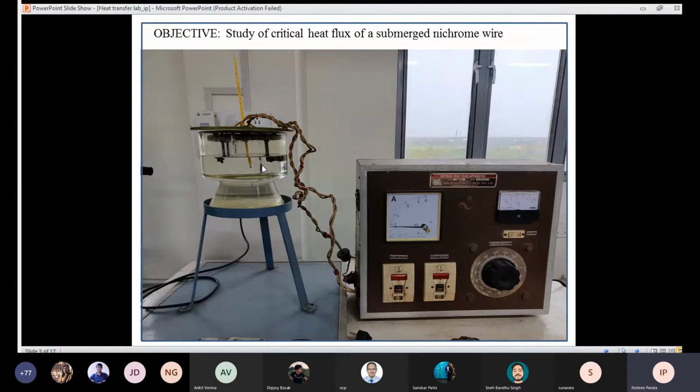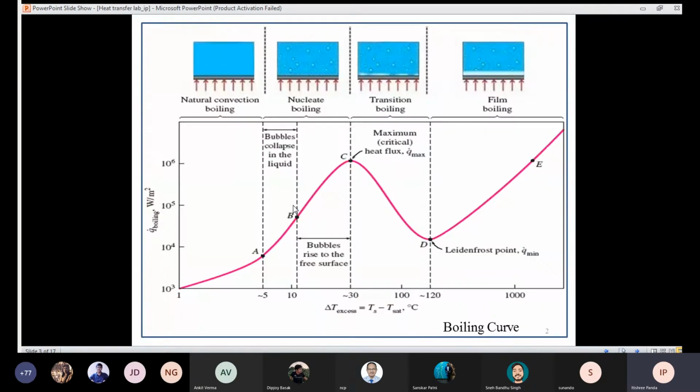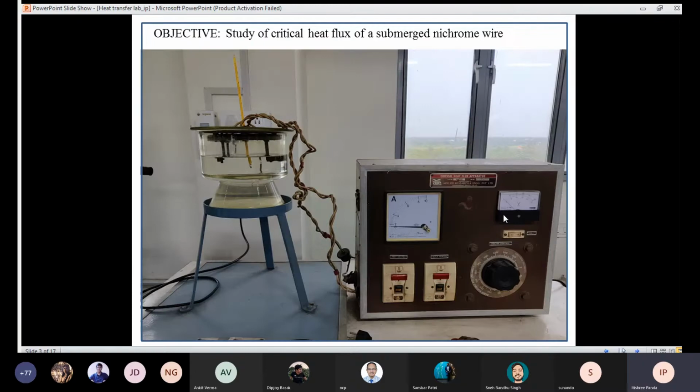This phenomenon in this equipment, you can see it here. In any system, after it passes this point, it will snap. So if you know this point, then you sort of know your critical heat flux as well. So you have an idea about how much your material can sustain, how much thermal stress it can sustain. So let's see some more figures of this equipment because it's not that clear.